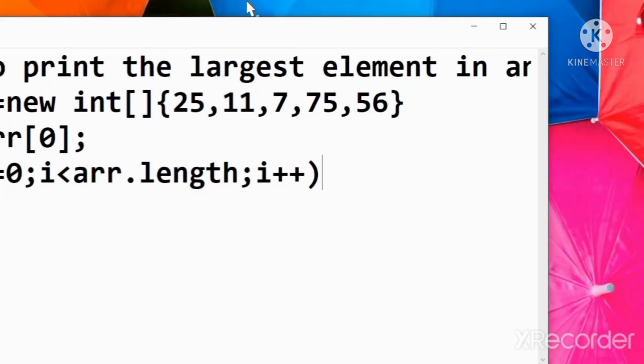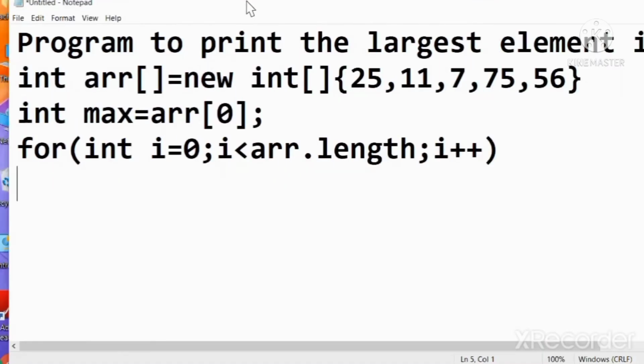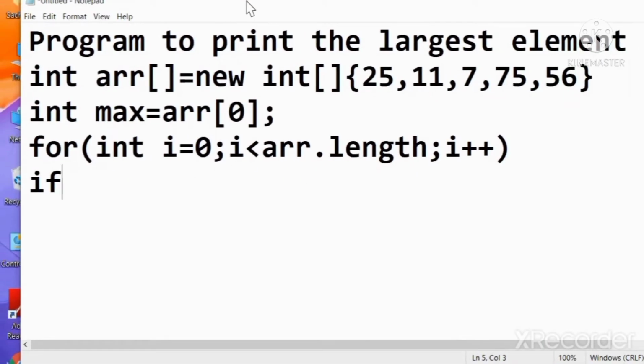So we are using an if statement: if arr i is greater than max, then max is equal to arr of i.